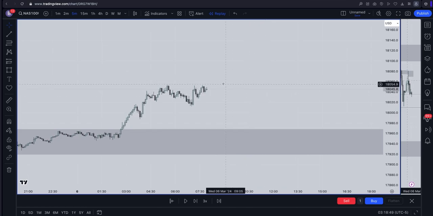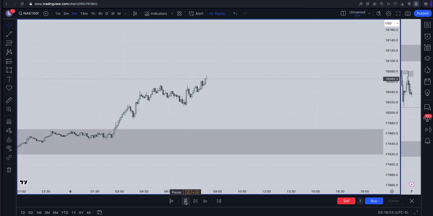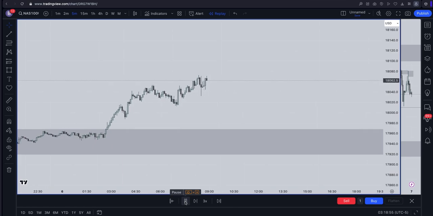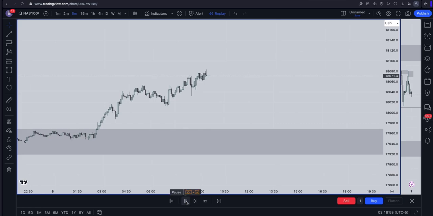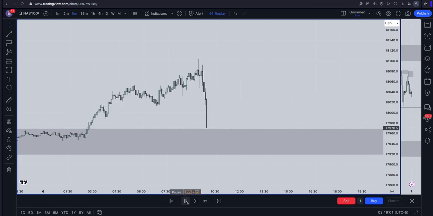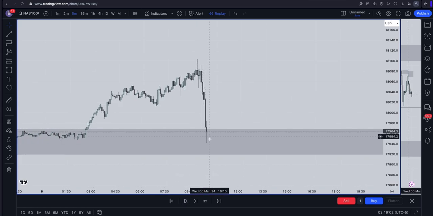All you have to do is wait for price to come back here. It's as simple as that. Understand? Also, if you align this with time, then it's even more high probability. I'm still going to talk about time in another video. So once price stops here, you just wait for a confirmation, right? You don't need to go lower on a lower time frame because now you're in 5 minutes.